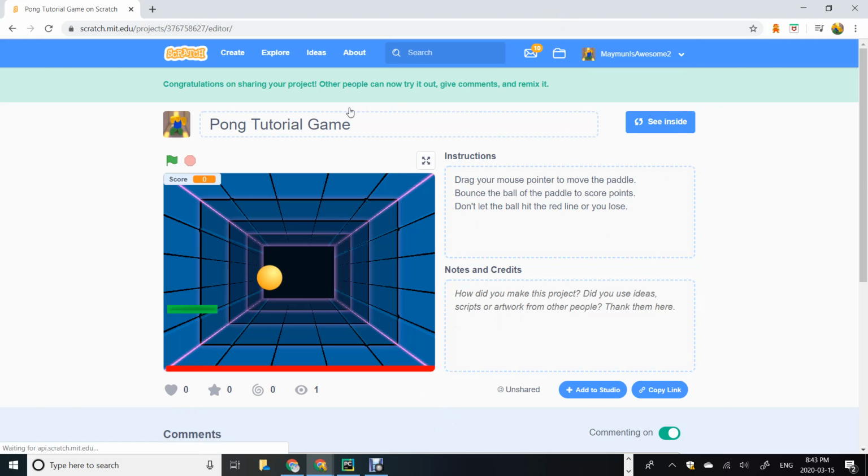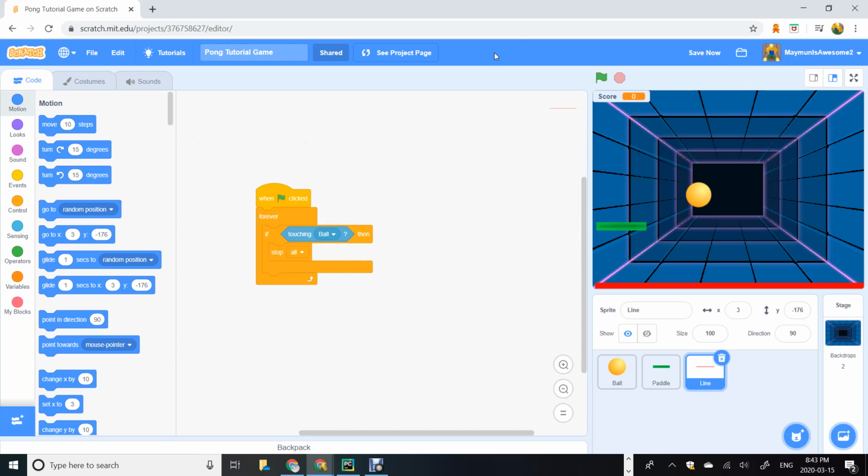So now we want to go back to our project. And that is how you create our basic Pong. And now you can test it. So what you want to do is test it. If it bounces off, and when it touches the red line, you end the game. So you want to try again. Oh wait,